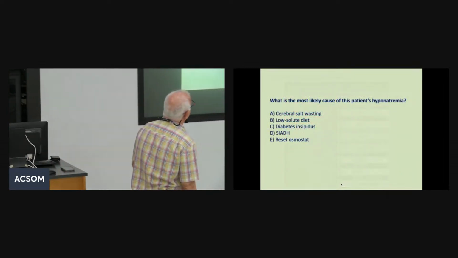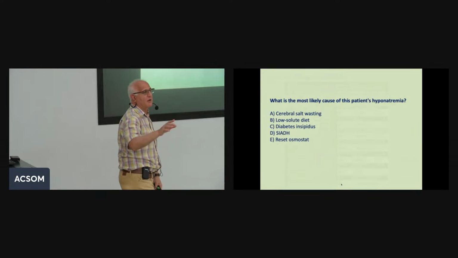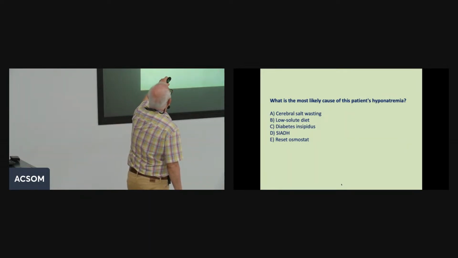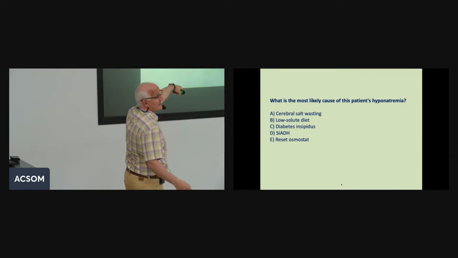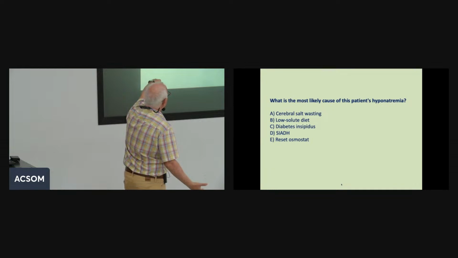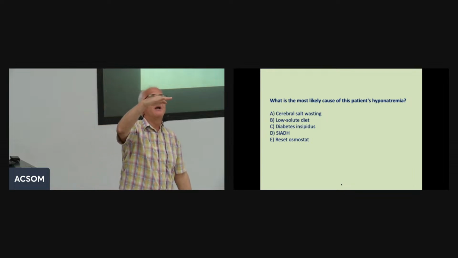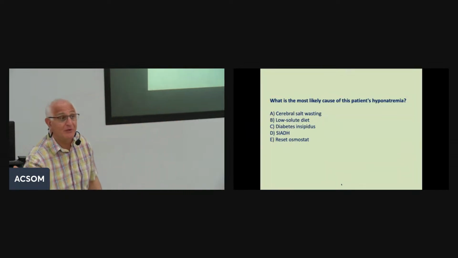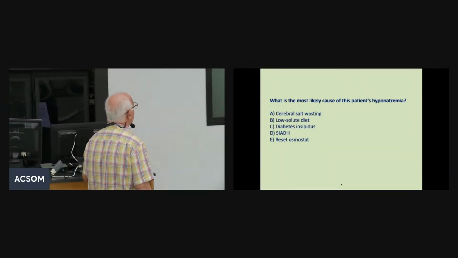So what is the most likely cause of this patient's hyponatremia? Cerebral salt wasting. It's where you have a lot of sodium going out. That's mostly what they give you when you don't have another distractor. Low solute diet, diabetes insipidus, that's where you have ADH that is not actually produced, SIADH, and reset osmostat. When your serum osmolality that should be 280, in some people they have a genetic thing for 250. But then they shouldn't get hyponatremia if you think about it, right? If the osmolality has been changed. Anyways,